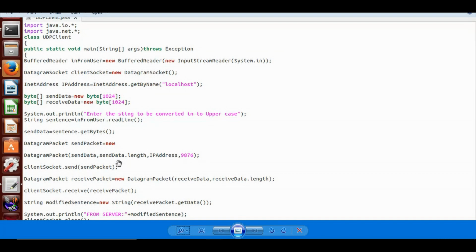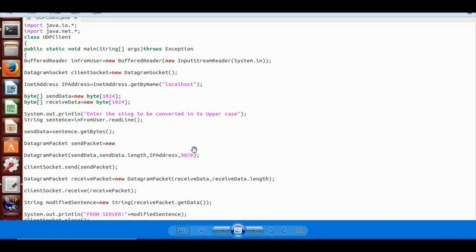So I have 4 parameters here. First one is the data that needs to be sent, so this is sendData, and sendData.length, that means the length of the data that you're going to send, then the IP address of the server, and then this is the port.